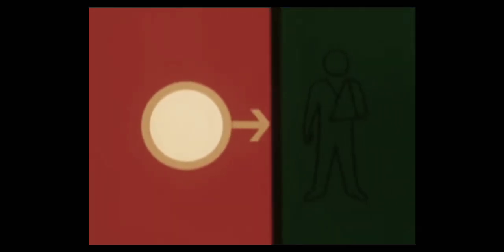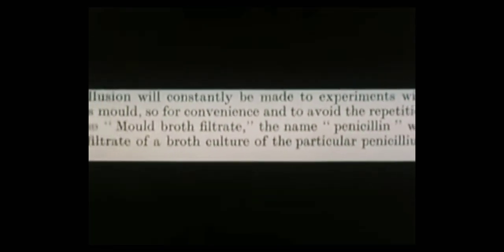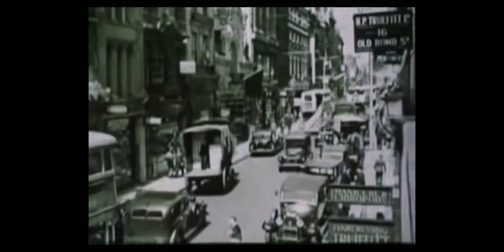Not pure enough to be injected into a human body, it was nevertheless effective on wounds. Fleming published what he had done, calling his substance penicillin. Attempts to purify it and to extract its essence failed. In the 1930s,